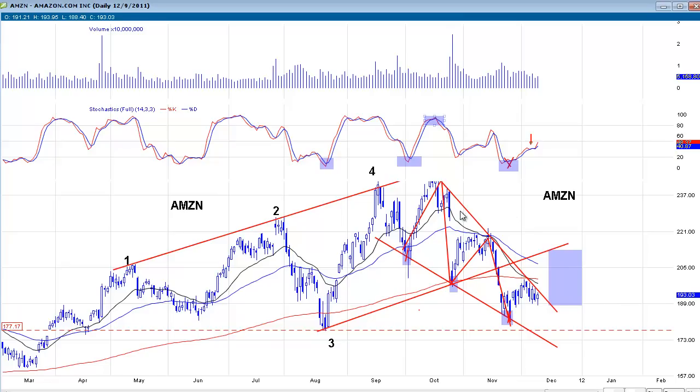But looking at the daily, you're still in the daily stochastics as a positive momentum, yet we're pulling back, and Amazon's a big stock, so you have to really not go overboard on just jumping in and saying, all right, this is my position and I'm going in full force here, because the market is, it's a timing issue here, and we want to break this chart down to the 60-minute